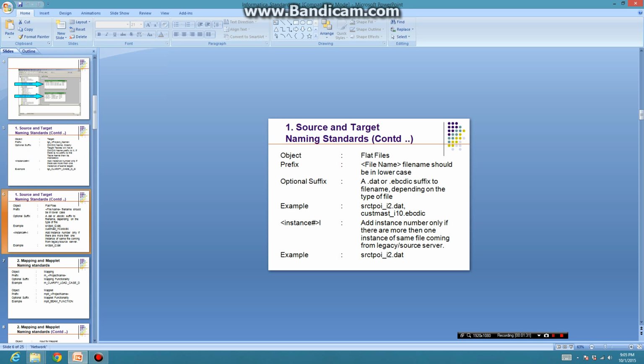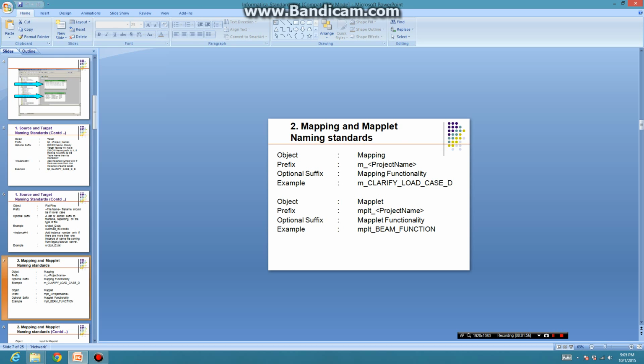Let's say if we have source and target as a flat file, you can use the prefix, then the flat file name, and that name should be in lowercase. In the example, if you see here, src_tui underscore i2.dat. This is how the standard should look. Now next is